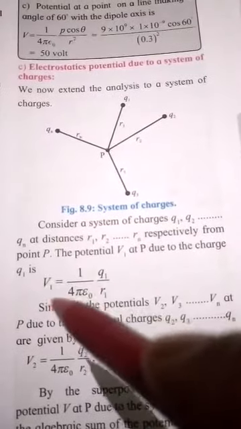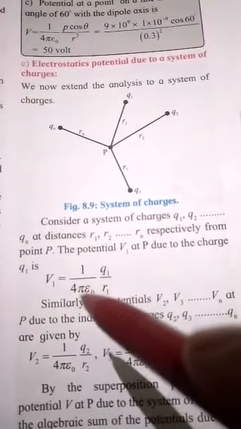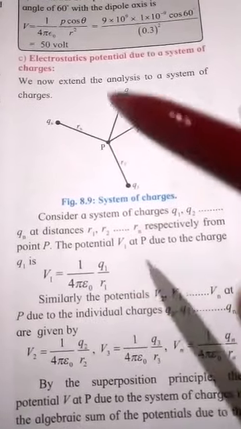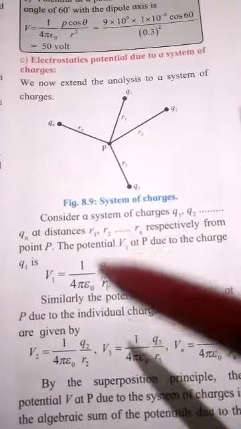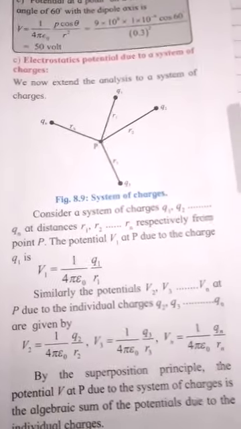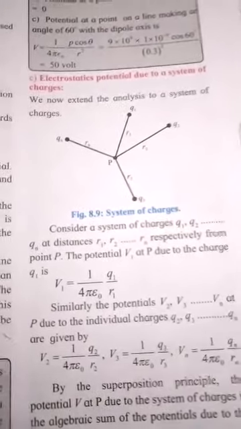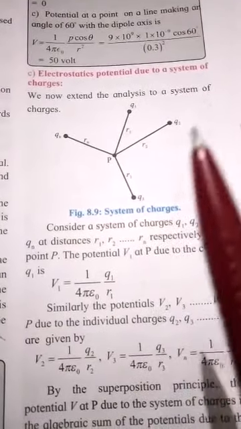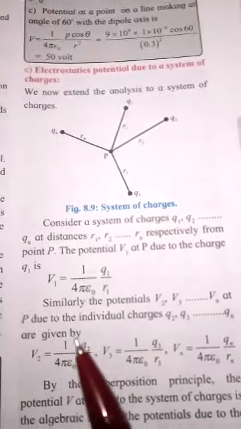So V1 is equal to 1 upon 4 pi epsilon naught Q1 upon R1, and similarly the potentials V2, V3 up to Vn at point P due to the individual charges Q2, Q3 up to Qn are given by